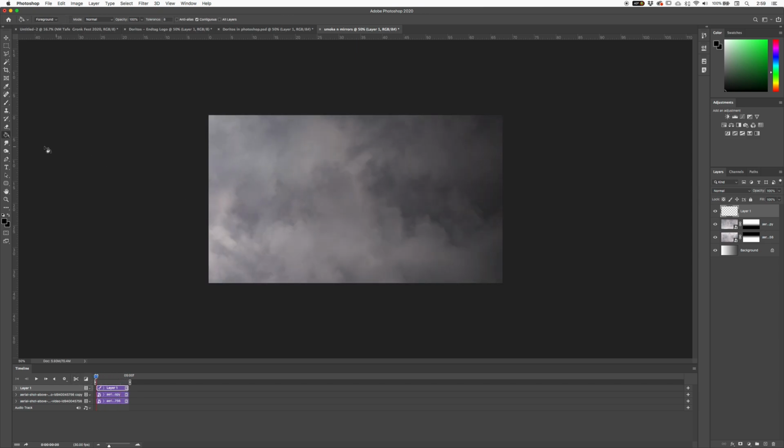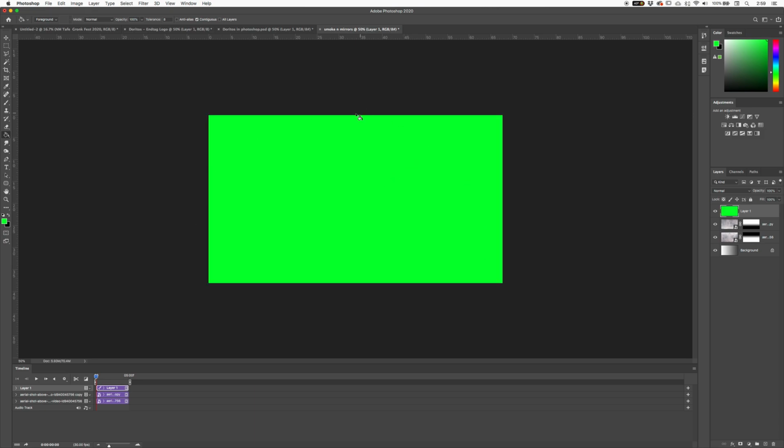And I'm just going to grab my paint bucket here, shortcut G, it could be the gradient tool either, and I'm just going to fill it in with a color. And it really doesn't matter what the color is at the moment. We just need a solid area for our pattern to be applied, because we're going to use a pattern to add some particles. Now if we go to our little FX buttons, which is going to be our layer styles,